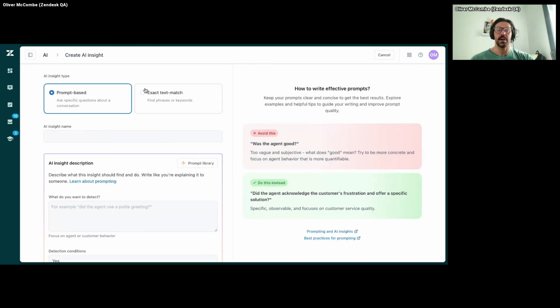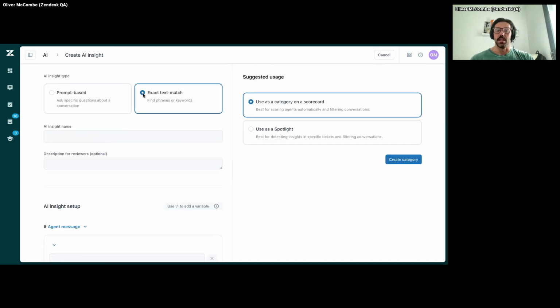You'll see we have prompt based and exact text match. To begin with, exact text match, because it's a bit simpler, it's just like it says on the tin. We want to find exact words or phrases. So if the AI Insight name, for example, was